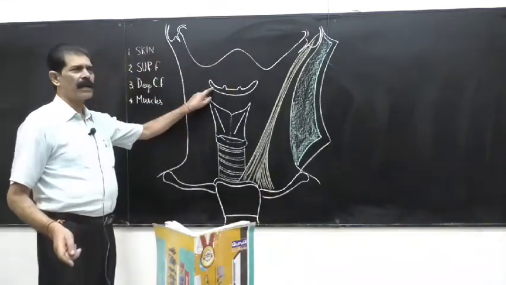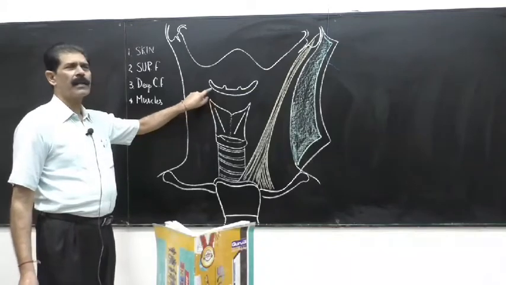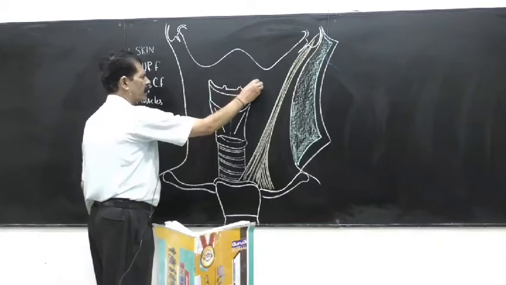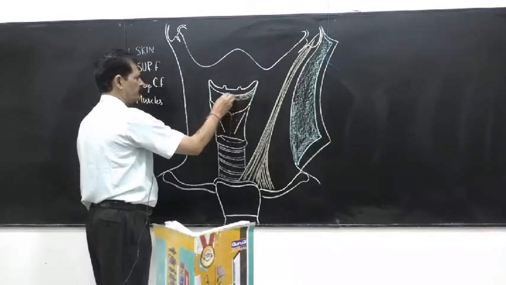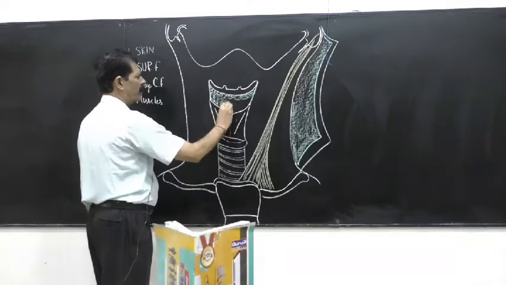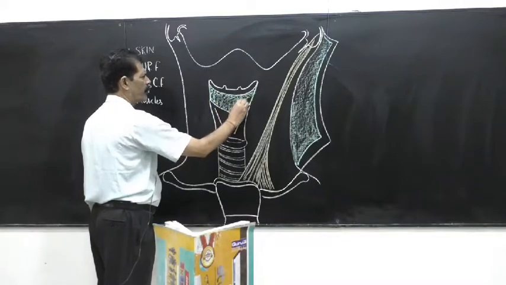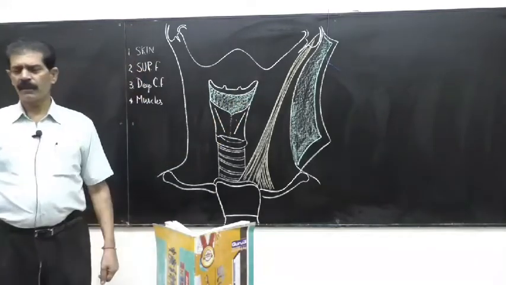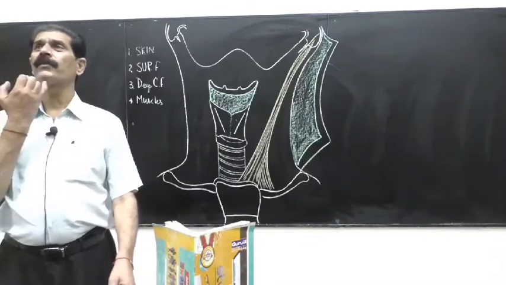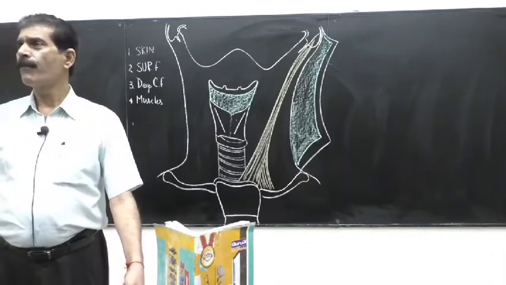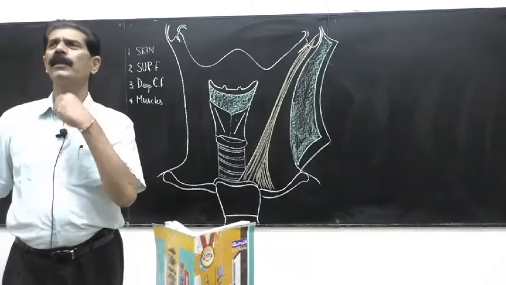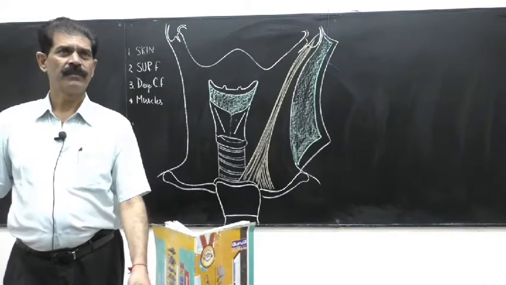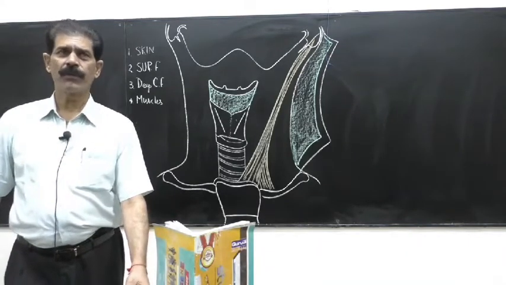And the gap between the thyroid cartilage upper border and the hyoid bone is closed by a membrane which is called the thyrohyoid membrane. Make this diagram on the third page, full page, because the question may come: draw and label the midline structures of the neck. Then you have to make this diagram: midline structures of the neck, starting from the chin up to the sternal notch. So this diagram is very, very important again, from your examination point of view.